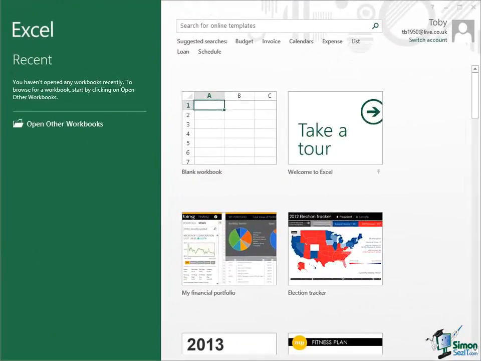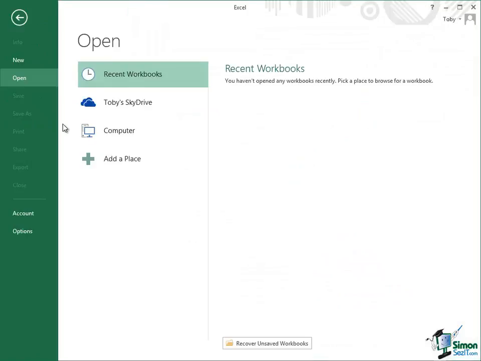So the first thing I'd like to do is to open one of the sample workbooks that's included with the course material. As I mentioned earlier on, you should have a folder that you can find easily where you can access these files. I've got mine in a folder. I've also got a shortcut to that folder. If you click on Open Other Workbooks here, this brings up a screen where we can choose from basically four options. We have opening from recent workbooks. So when we've got a recent workbooks list, it'll be down there